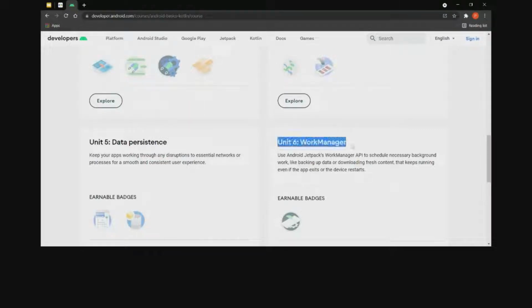Now this unit 6, WorkManager, has been newly added from this year. Until last year, this unit was not present, but it's good that the Google team has added this unit also. So WorkManager is an API in Android which we use to schedule background tasks.